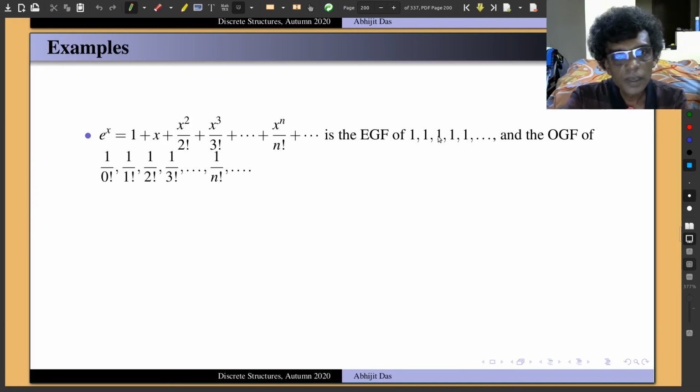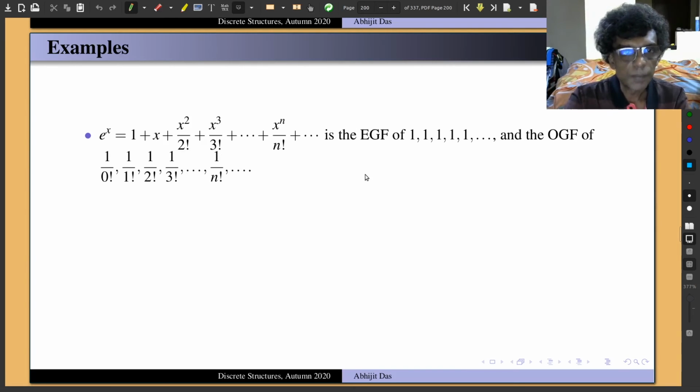Also, this is the ordinary generating function of 1. Actually, 1 over 0 factorial is not written here. Likewise, 1 over 1 factorial, 1 over 2 factorial, 1 over 3 factorial, and so on. Okay, so